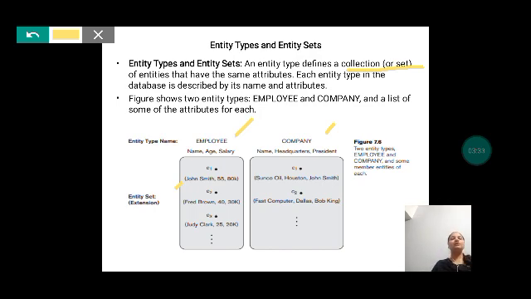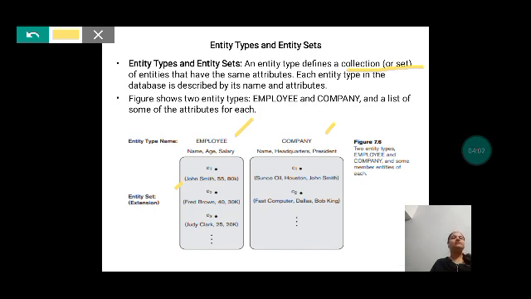Like that, if you include one more employee, Clark, his age is 25 and his salary is 30k. Can you observe what type of data we are storing here? We are storing similar data for each and every employee, whether that person is John, Brown, or Clark, whichever employee it is.